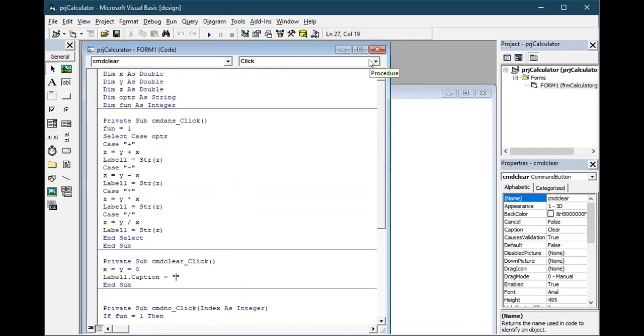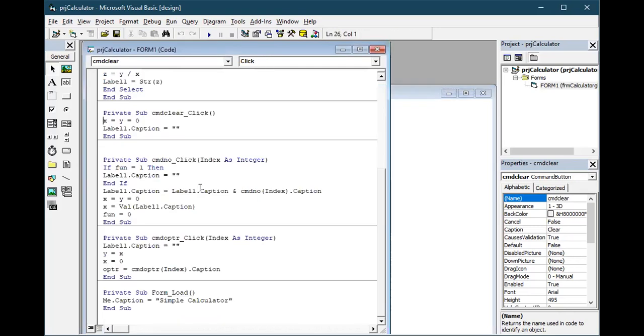Before starting the coding, you need to type these 5 lines: Dim x as Double, Dim y as Double, Dim z as Double, Dim OPTR as String, Dim fun as Integer. These 5 lines alone you type, then start the coding.